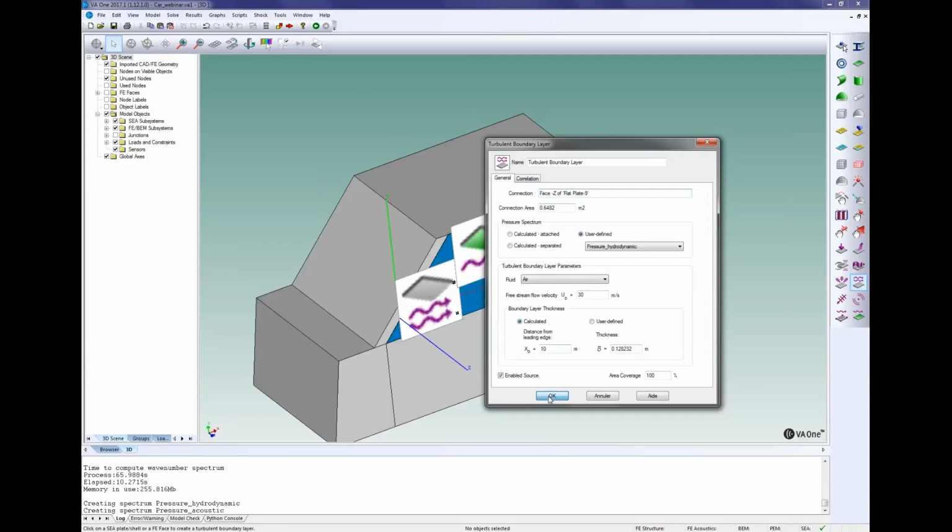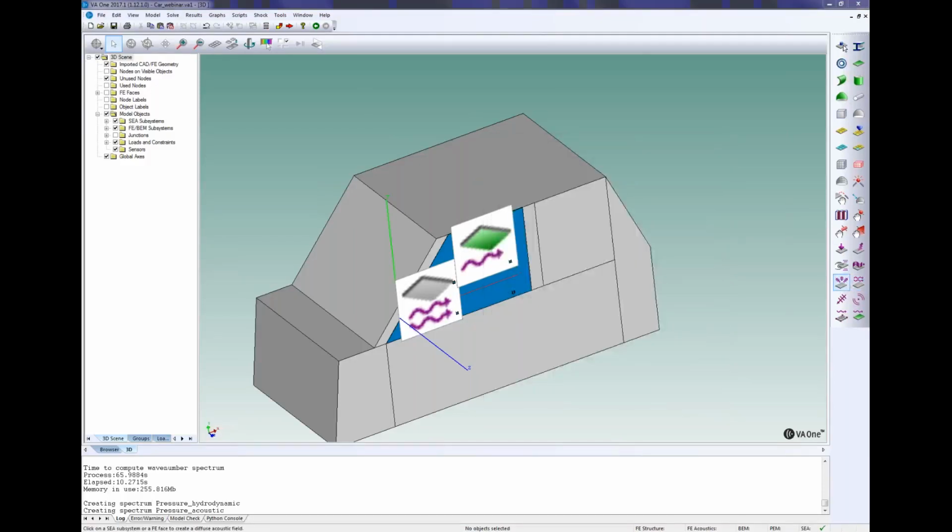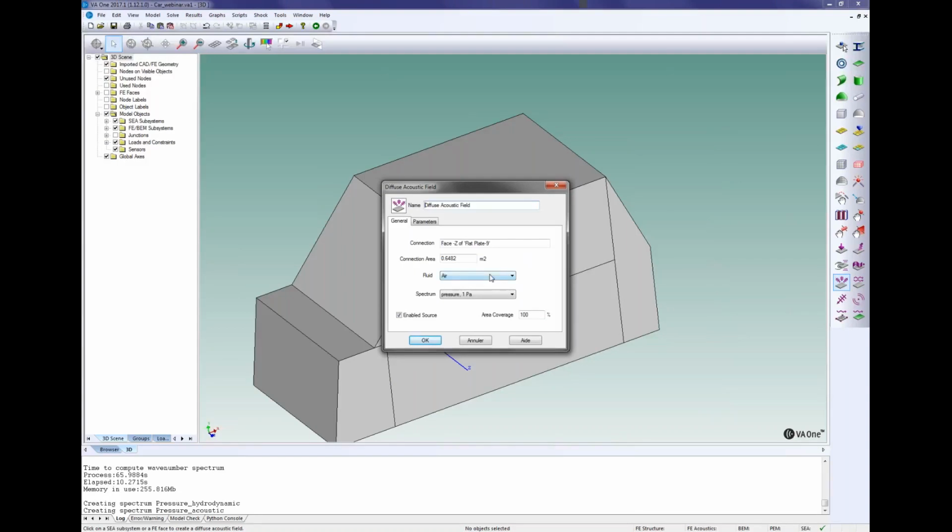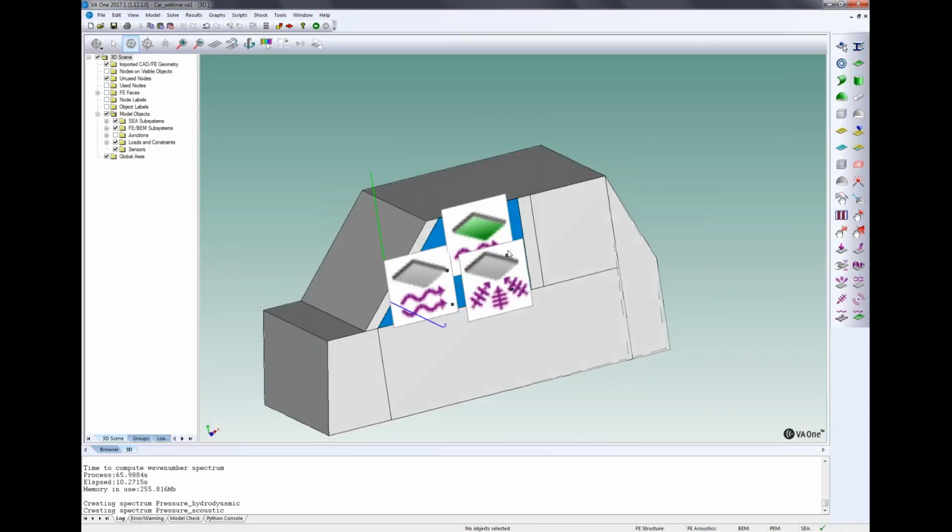Okay, and then I use the diffuse sound field to take into account the acoustic component of the load. So here I use pressure acoustic, just checking you use the same acoustic wave speed. Okay. And so there you can see three loads.